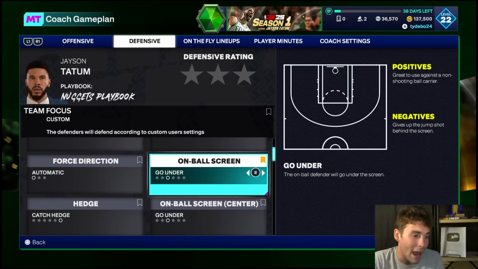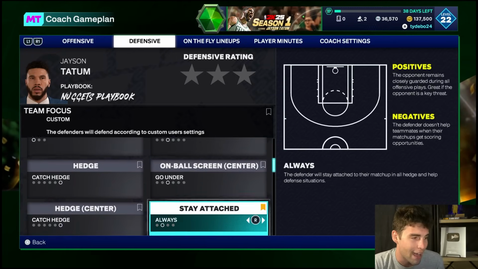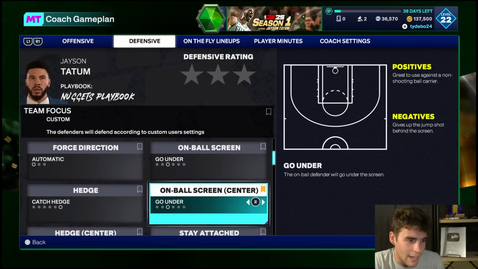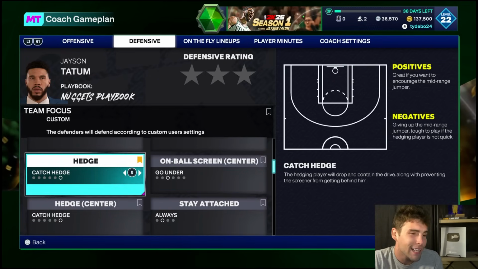Why? Because if I do X switch, then they're already under the screen, able to guard against their roll as well. As far as the hedge, catch hedge is your best hedge method. Again, if you want to go over the screen, you can. If you're giving up a lot of threes, do think go under is the best. Now, what catch hedge does,